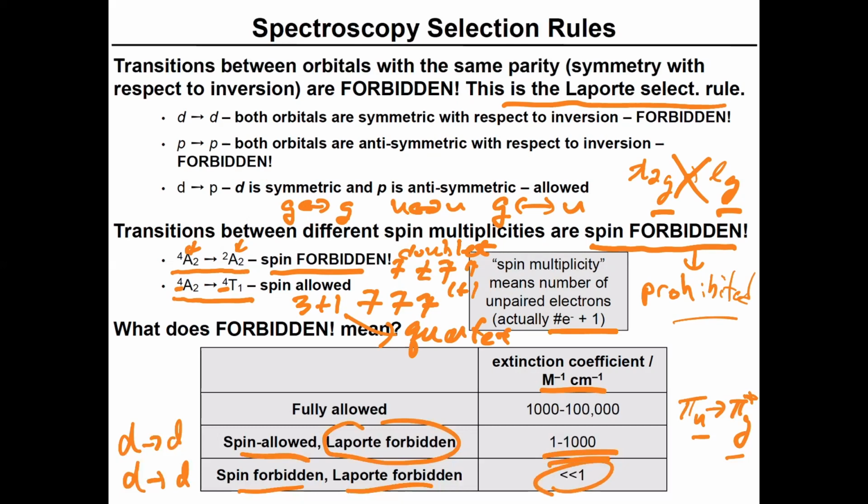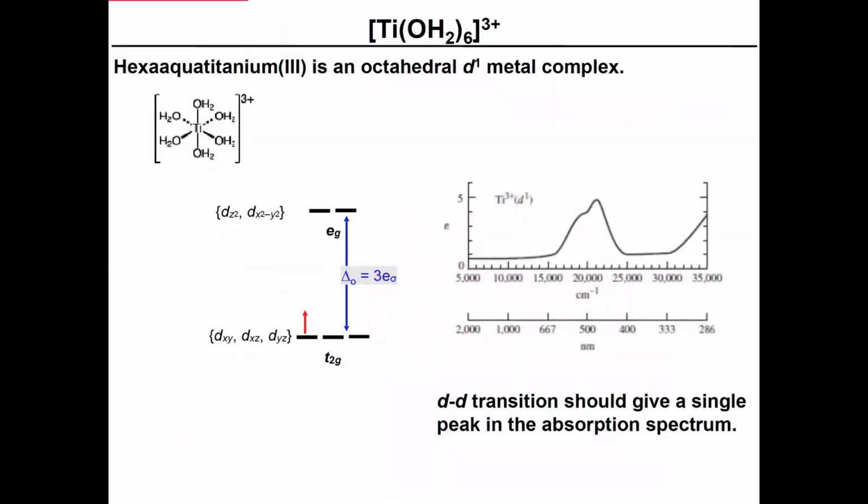Typically you have to use very long path length cells, or you have to make ridiculously large concentrations of those compounds in order to see their electronic transitions. So to put this in perspective as a beginning, let's ignore that for now. If you have, for example, hexaaqua titanium 3, this is basically a 3d1 complex, and it's